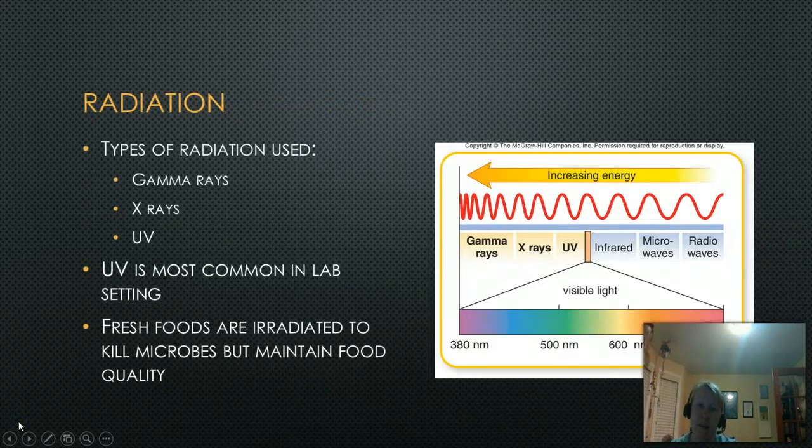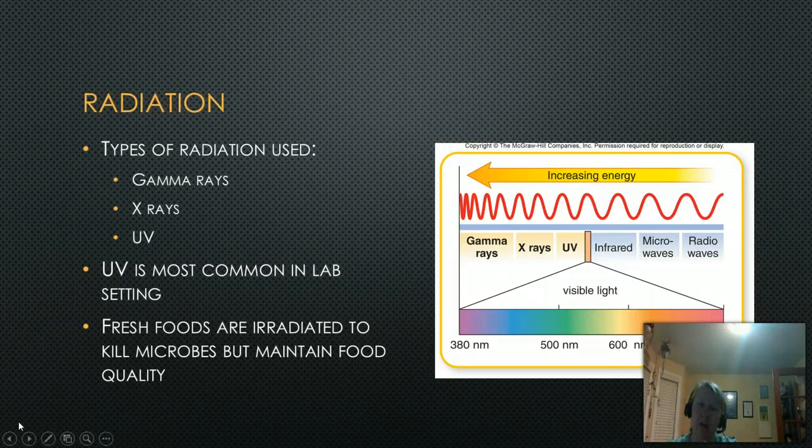Another effective method that we tend to use a lot besides heat is radiation. So if you remember from topic 1, gamma rays and X-rays are capable of sterilization, while UV rays are only capable of disinfection. So